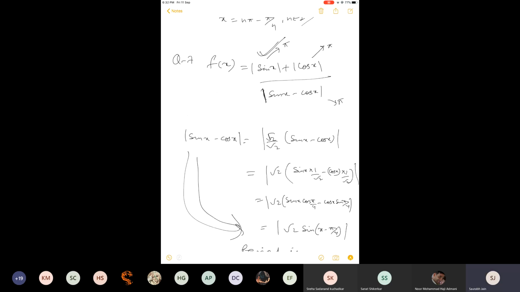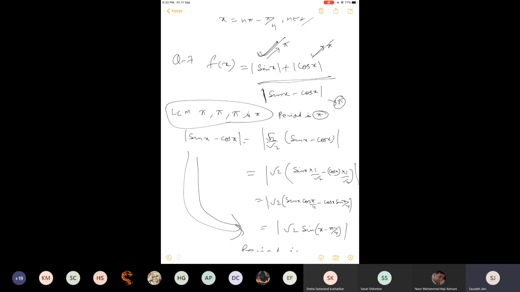It is like g x plus h x upon p x, so ultimately we take the LCM of all. So the LCM of pi, pi, pi will be pi only. So the period can be pi. But please note that there is mod sin x and mod cos x and everything like that. So pi is definitely present. B can be the option, but please check for a smaller value also. And that smaller value will be pi by 2 here.